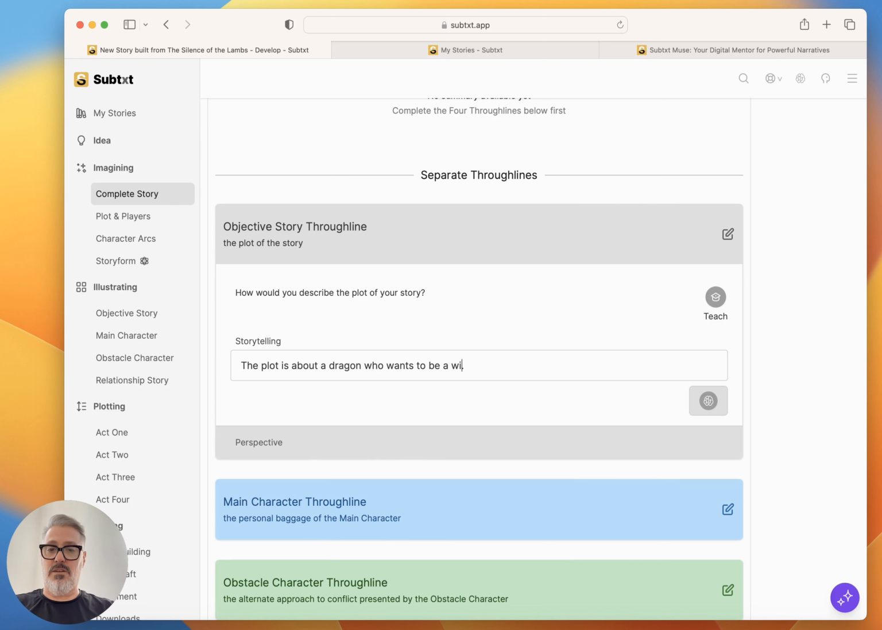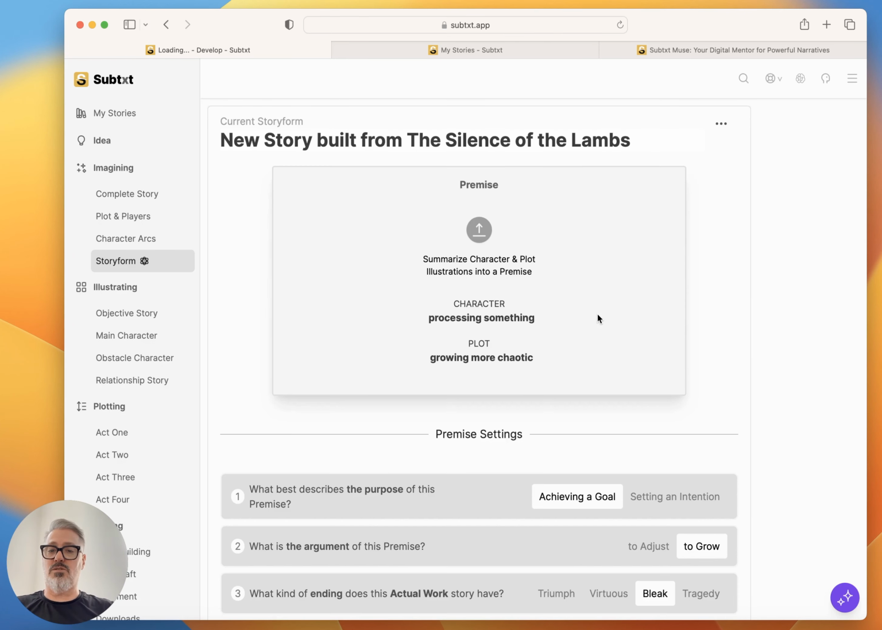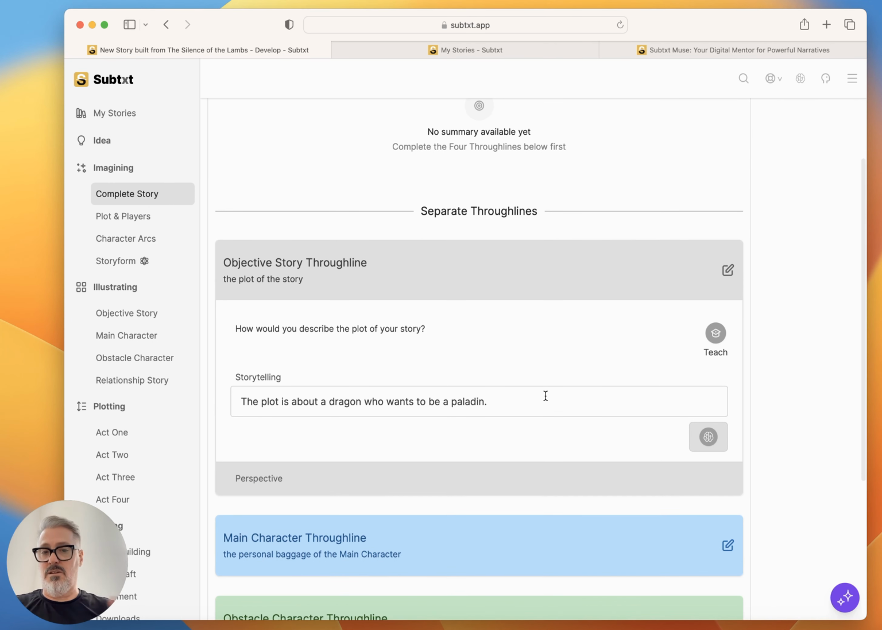So if I call this, maybe he wants to be a paladin. Watch at the top, flash. All right, I spelled it wrong, so maybe I want to fix that. Spell it. Okay, all that is saved. If I hit refresh and I reload the entire story, it defaults to the story form. If I jump back to complete story and I open it up, everything's still there. It's all saved